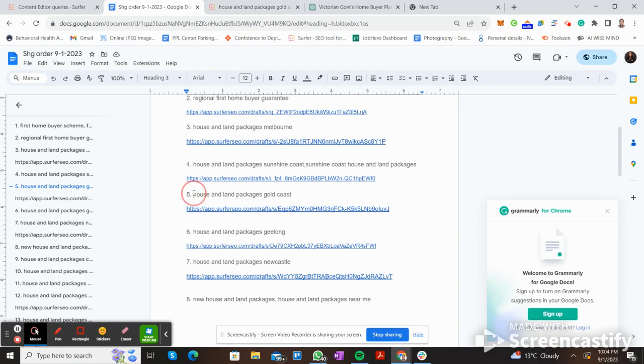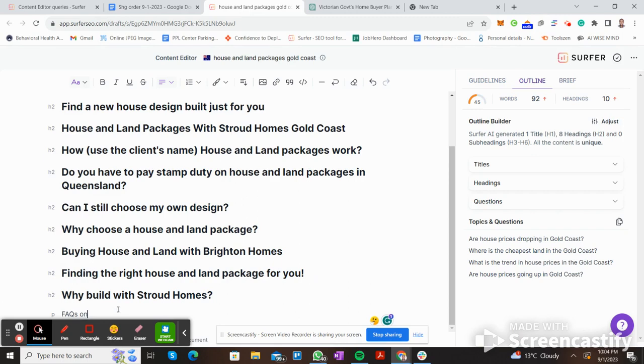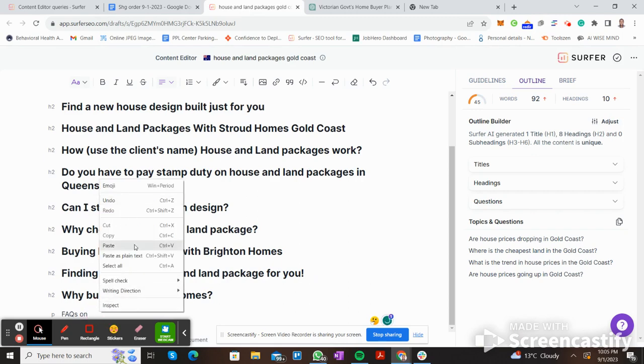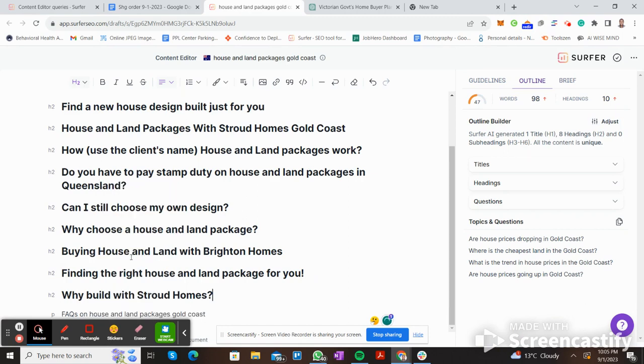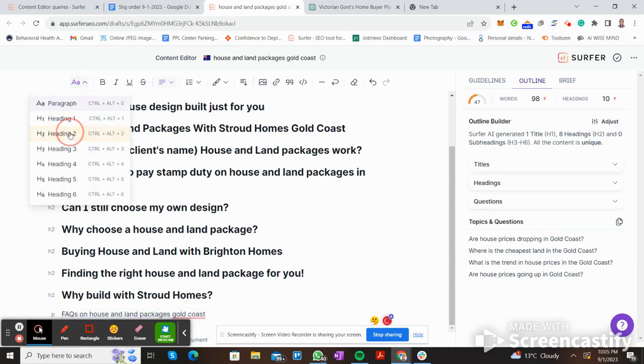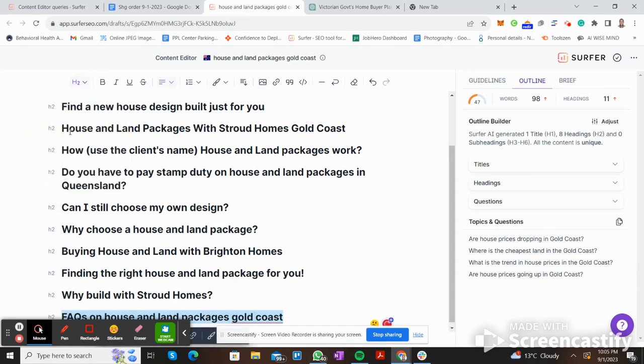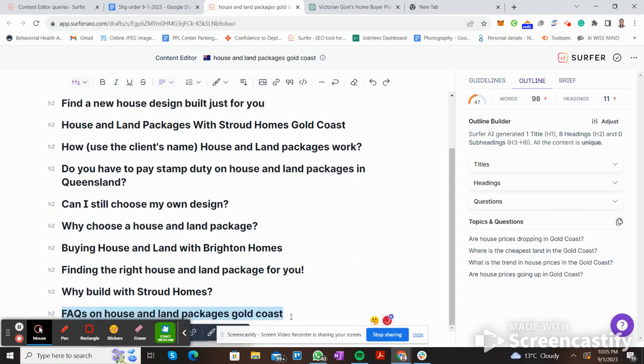So you can use the opportunity to add the keyword for this, and make it an H2. And then you copy the questions and topic